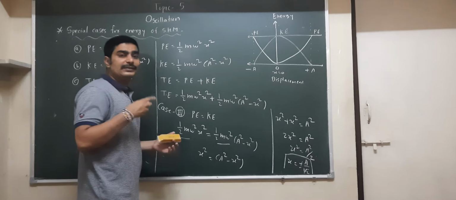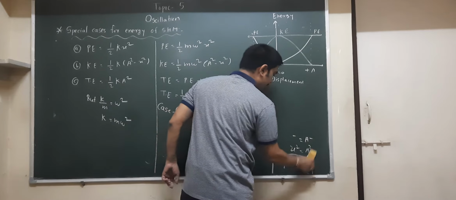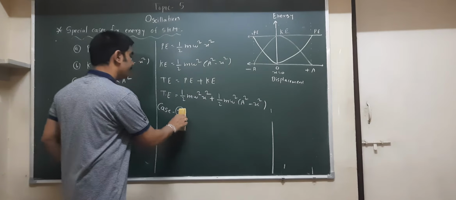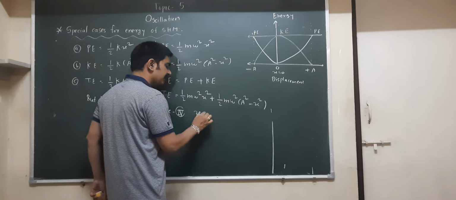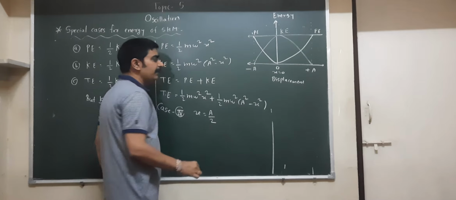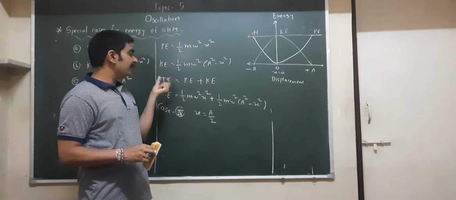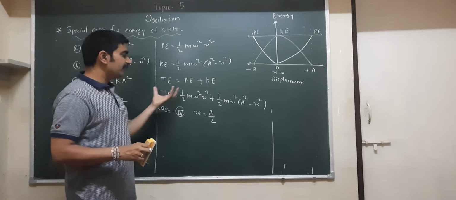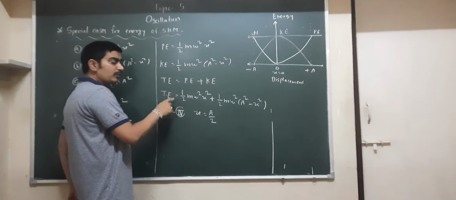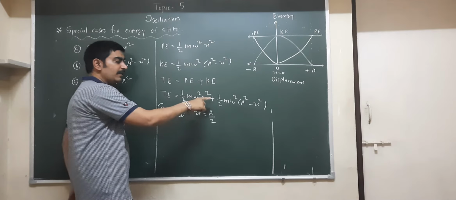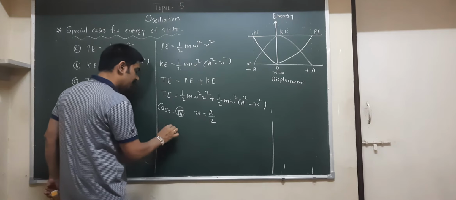Friends, now we are going to see case number 4. In case 4, we take that the displacement x is equal to a by 2, meaning the displacement of the particle is equal to half of the amplitude. So what will happen regarding the total energy? We know the potential energy and kinetic energy formulas, so we have to substitute. What is the formula for the total energy? Half m omega square x square plus half m omega square (a square minus x square). In the place of x, we write a upon 2. So the total energy is equal to